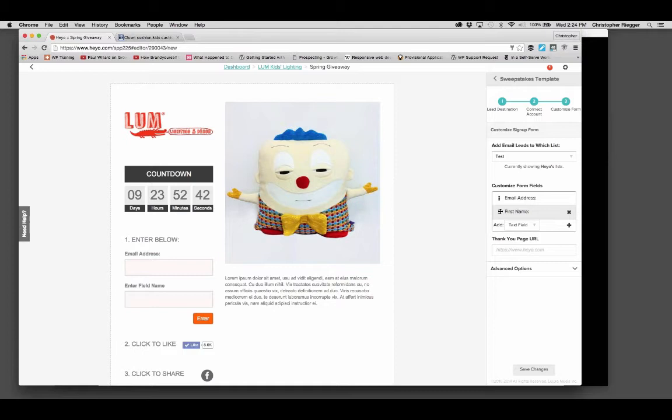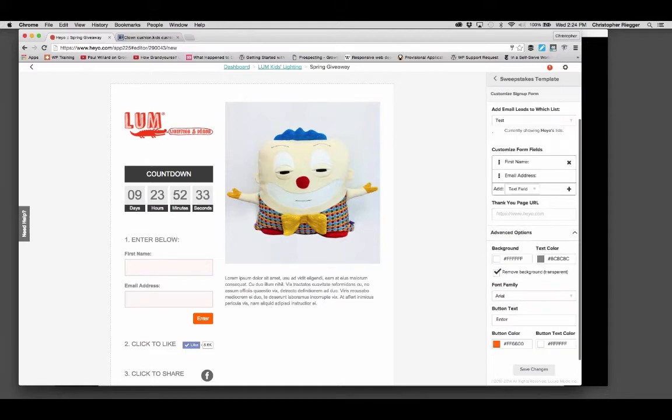In fact, I want to move that. I can move these around too. So I want first name to be above email address. Boom, good to go. Now, I'm going to click advanced options here because if I want to change the call to action on my button, I can go to this button text field and change it. So instead of enter, I want to say